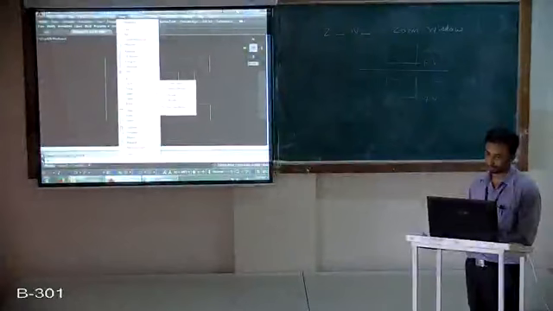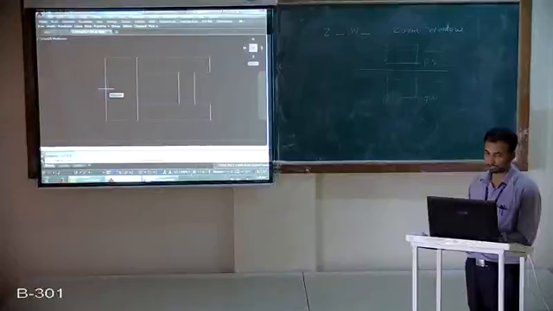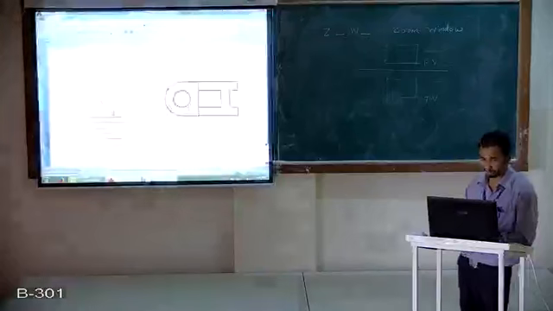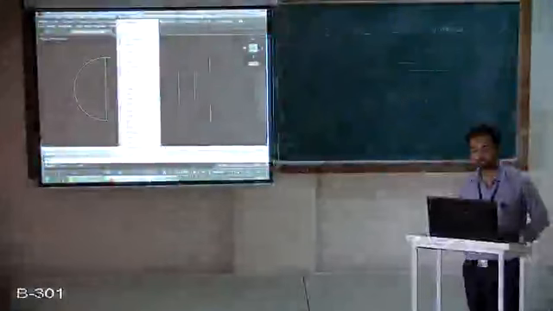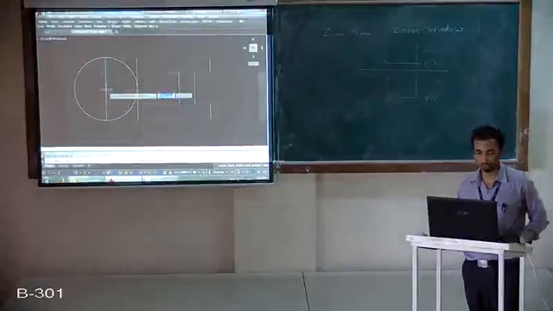Again, if you see this question, the circle which appears at the center has a diameter of 30 mm. So I will use the circle command again. Circle, center and radius, or center and diameter, whichever option you want to use. Click on the center point, then specify the diameter 30. Enter. Okay. Now we have to draw the two circles here. Out of that, the outer circle will be limited to this line only. It is a semicircle. So we will use the trim command again. Modify toolbar, trim.